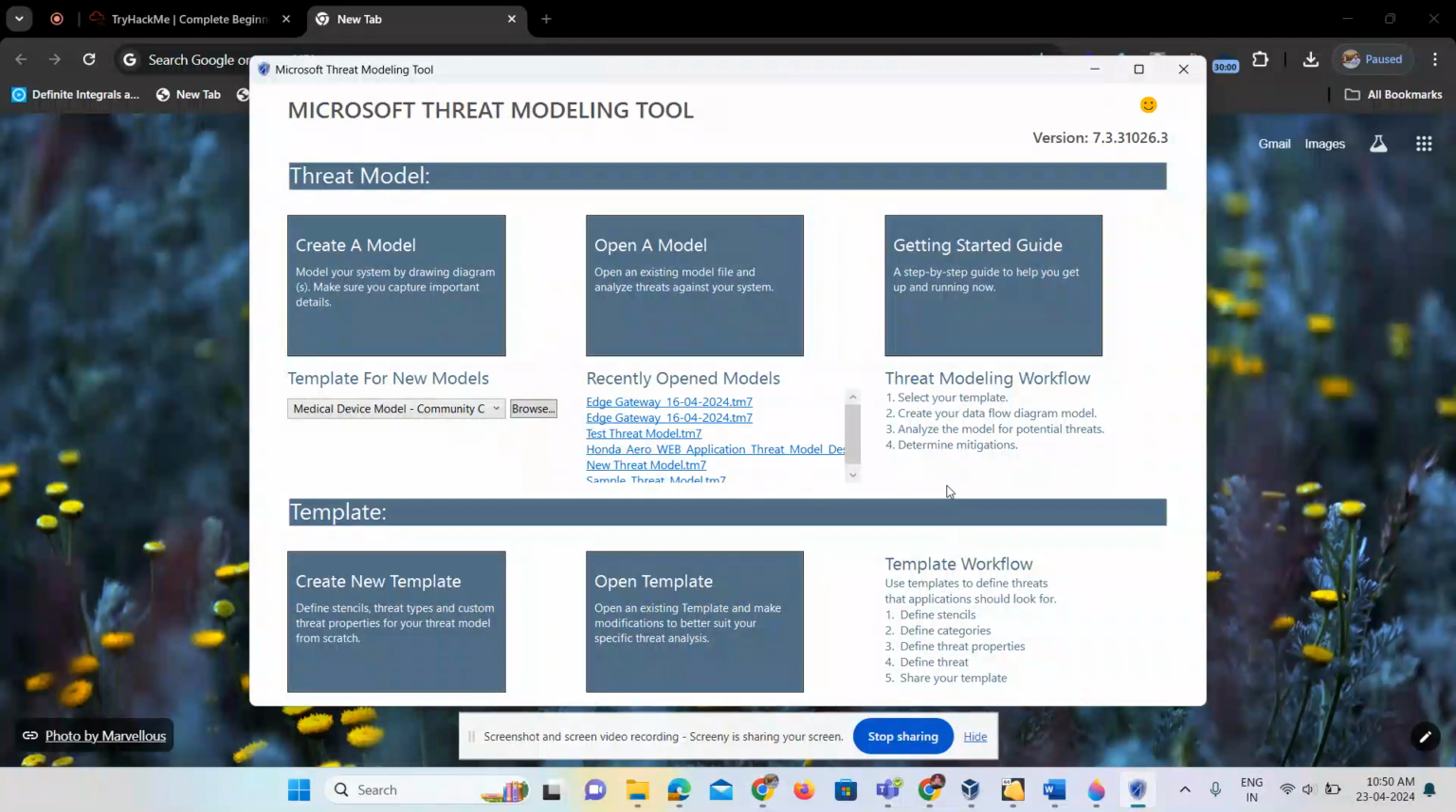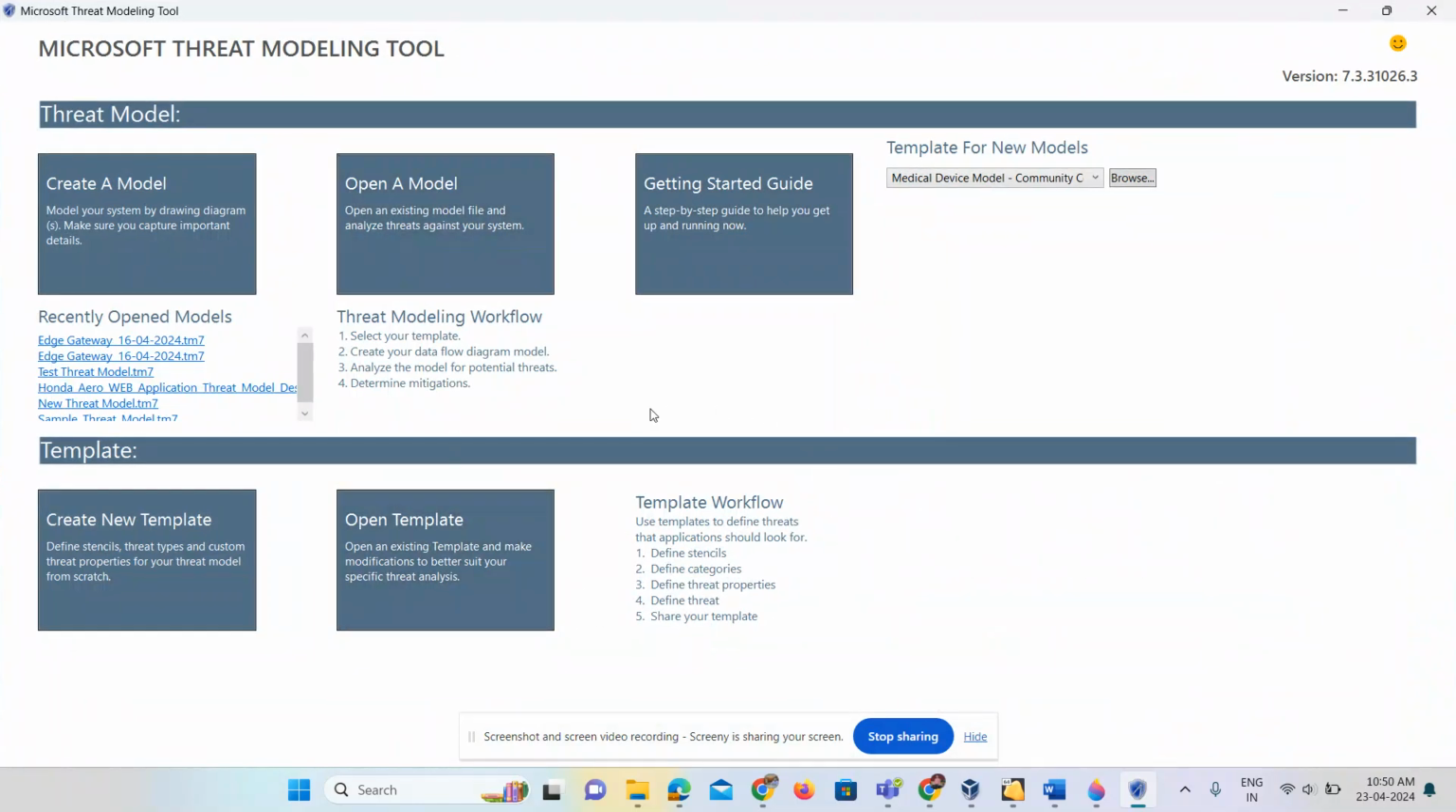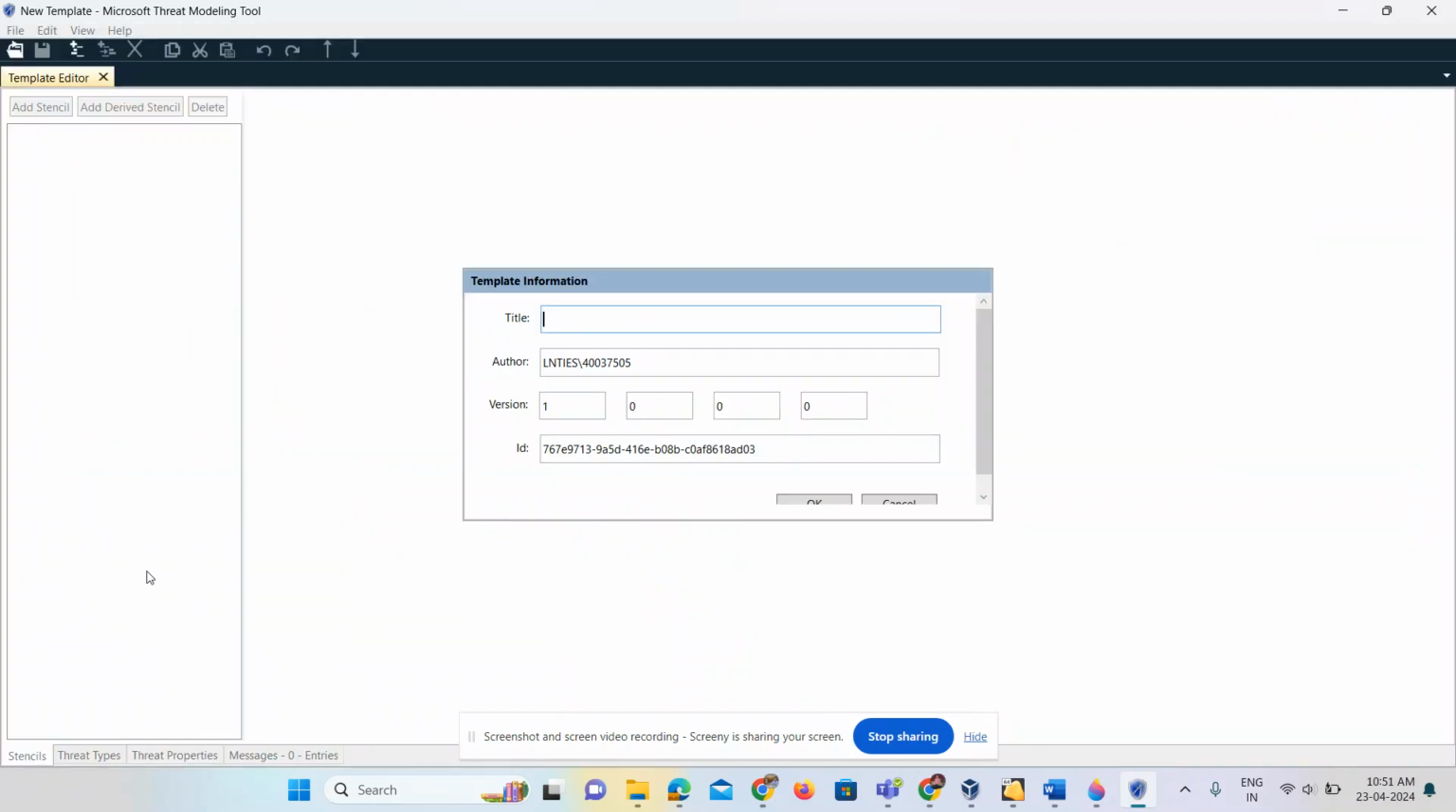We'll see how we can create new templates or new stencils in a threat modeling tool. The threat modeling tool is one of the tools used to create a threat model for any application. Basically, threat modeling tools help us determine the possibility of threats in an existing system. Today we'll see how we can create our new templates and stencils as well. So create a new template and give it some name,